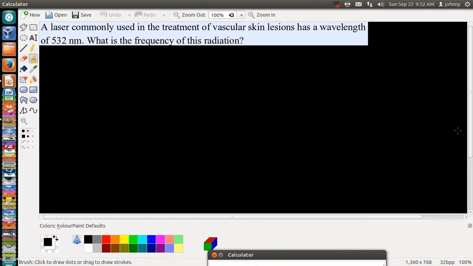Okay, so here they say we have a laser commonly used in the treatment of vascular skin lesions. It has a wavelength of 532 nanometers. What is the frequency? Alright, before we can get started, we need to know the wavelength and frequency equation involving